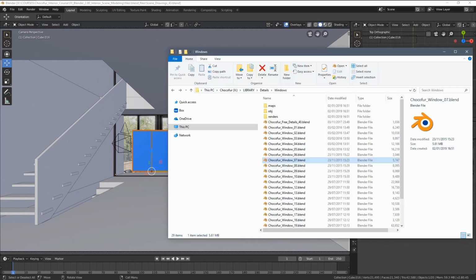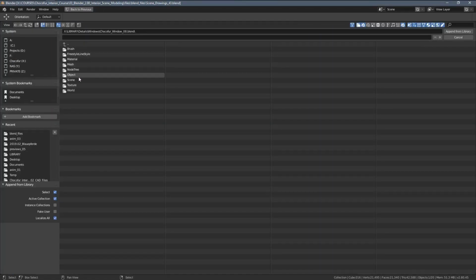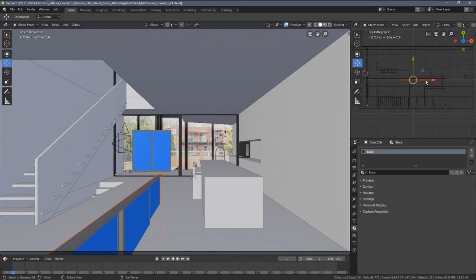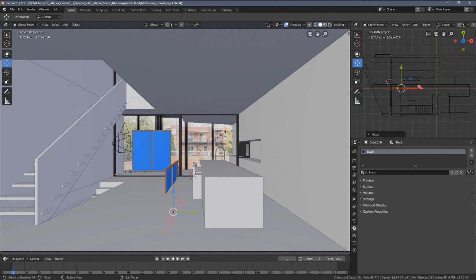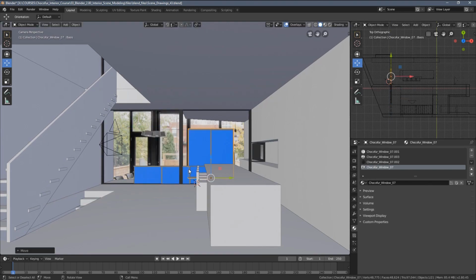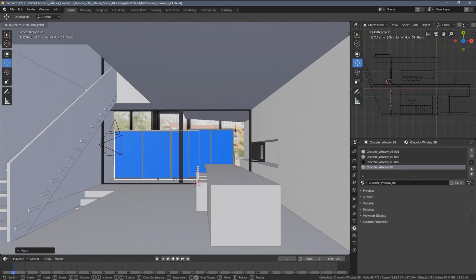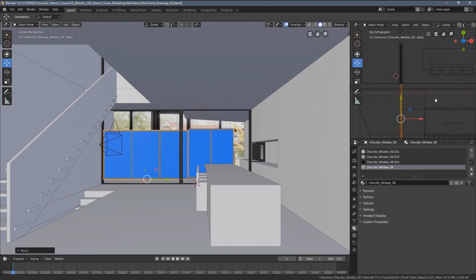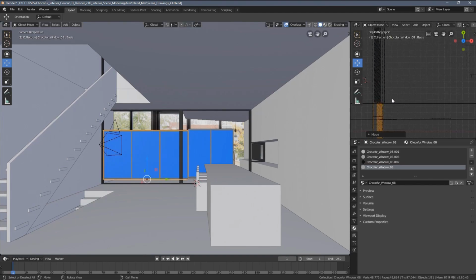And now I'm gonna add the second model as well. So same procedure, very quick to be honest. And let's move it somewhere around as well. Maybe I will change their position. So I will move this double window and this triple window object here and align them more or less. You can see those models,